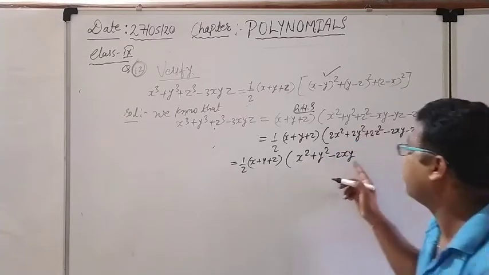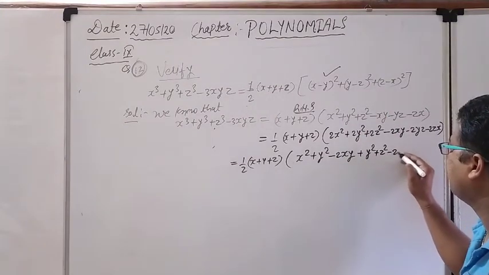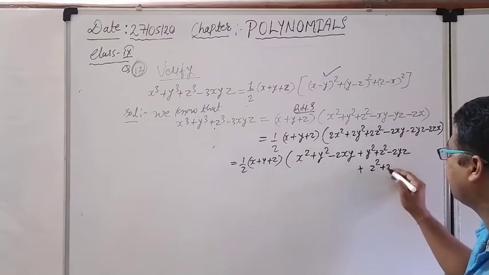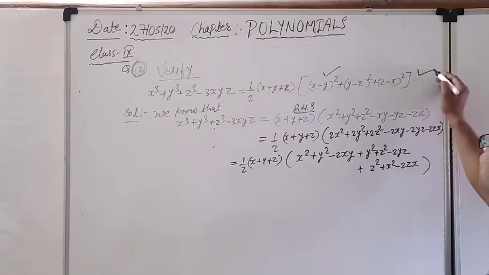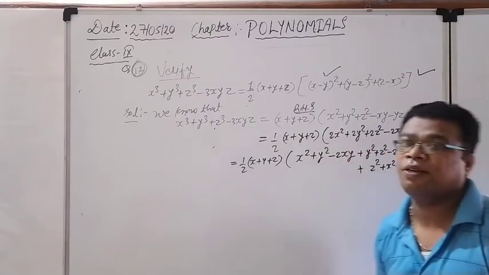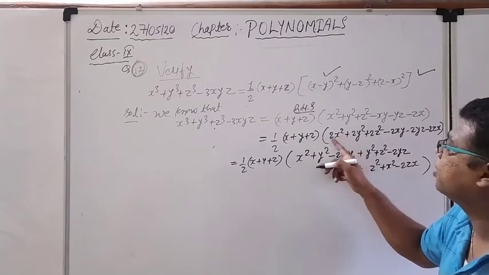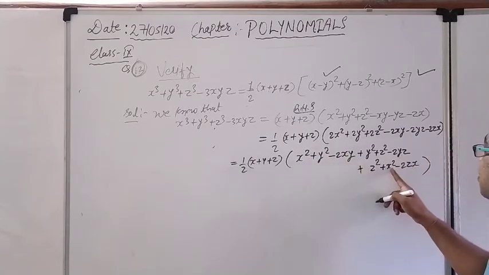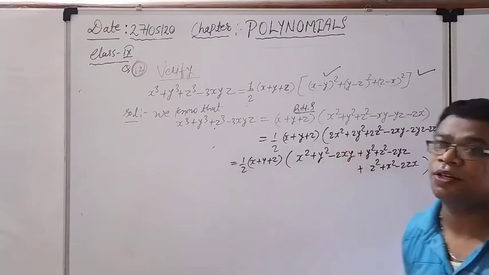Okay. And after that, what is y minus z whole square? y square plus z square minus 2yz. And what is z minus x whole square? z square plus x square minus 2zx. That I have written according to this particular form. Right now see, from here 2x square is there. What I have done is distribute the 2x square in the form of x square and another x square here. x square plus x square, if you add, you again get 2x square.